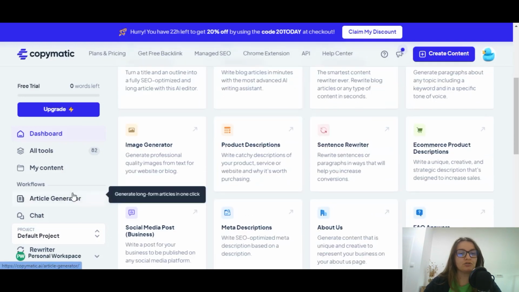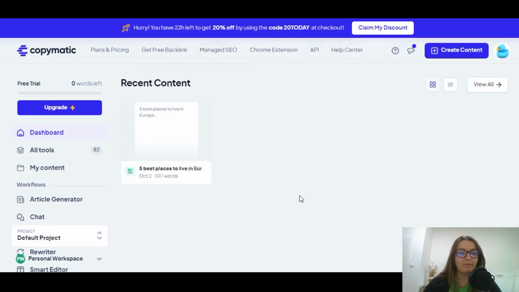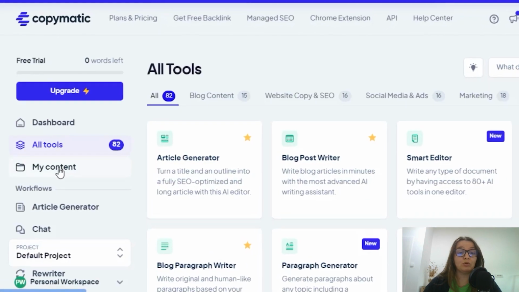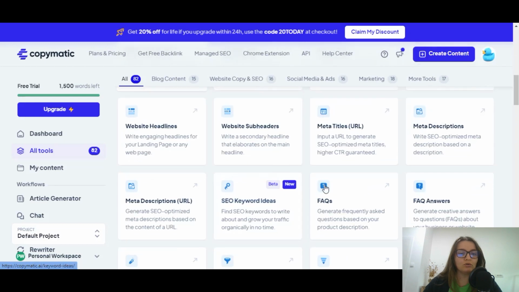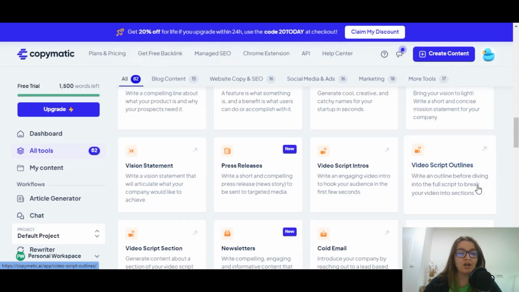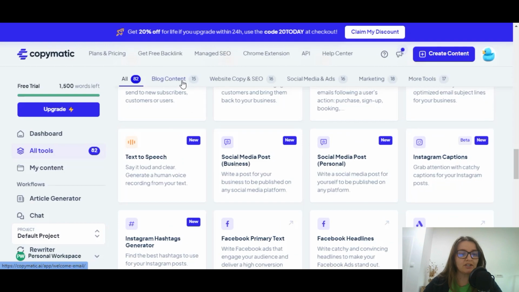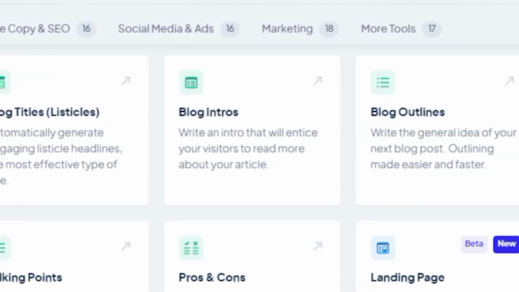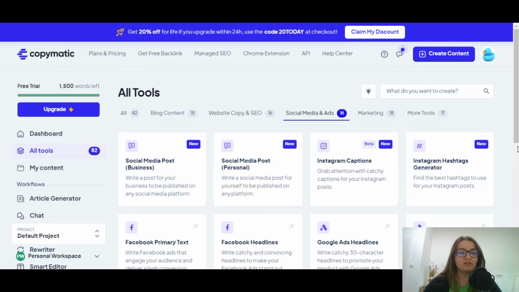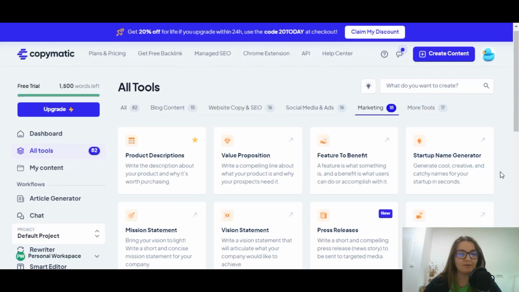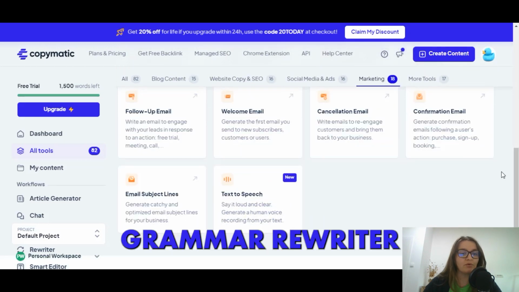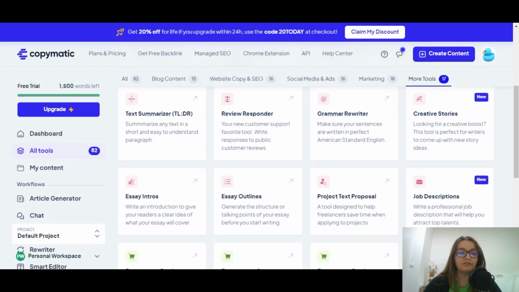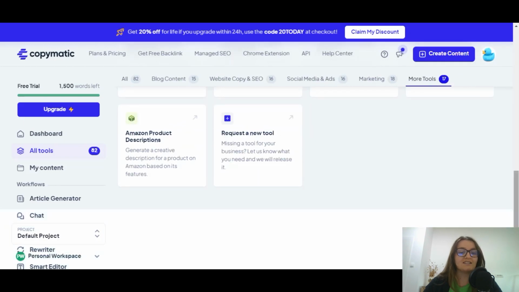After you've done the traditional sign up, you will find yourself on the Copymatic dashboard. Looking at it, I felt like I was in marketing tool heaven. Click on the All Tools section and here you will find a large number of content tools. Choose the category that you need: blogs, copy and SEO, social media and ads, marketing. Additionally, you have the Other Tools section where you can find different gems such as image generator, grammar rewriter, very useful project text proposal, e-commerce tools, or if you can't find what you're looking for, send a request for